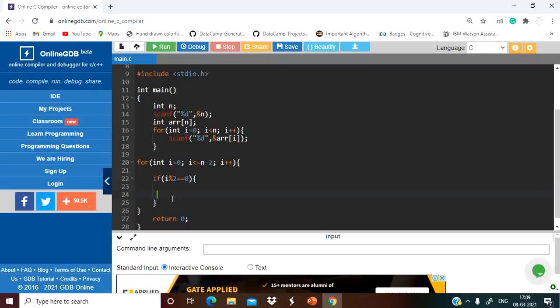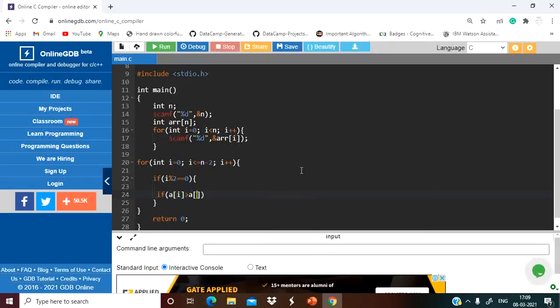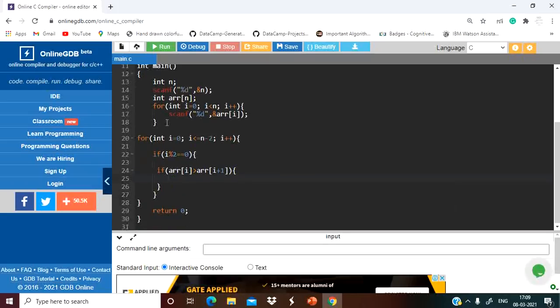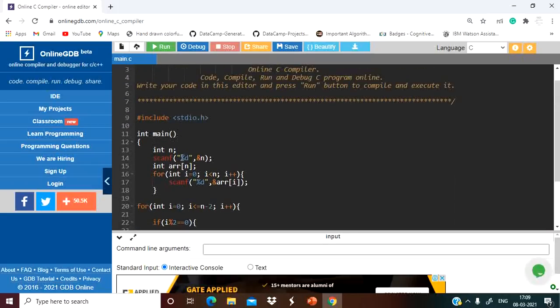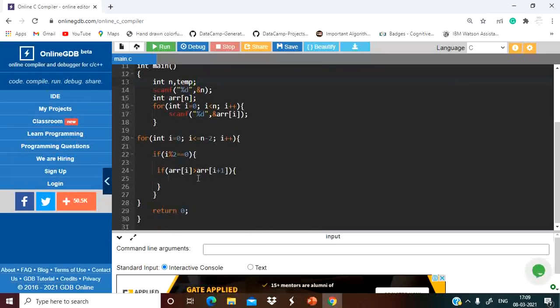So if i mod 2 equals 0, right? In that case, if this condition is true, we have to check that if arr of i is greater than arr of i plus 1, we have to do the swapping. So let's take a temporary variable here for swapping.